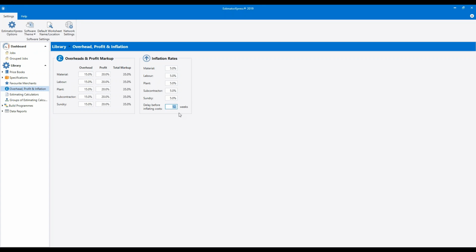You can set the delay before you inflate, so that's roughly 3 months, isn't it? So you can say from after 3 months I want to start incrementally applying inflation to the quote, so that you're not losing out. You shouldn't be losing out on profit because prices are increasing. Those price increases need passing on to the customer.